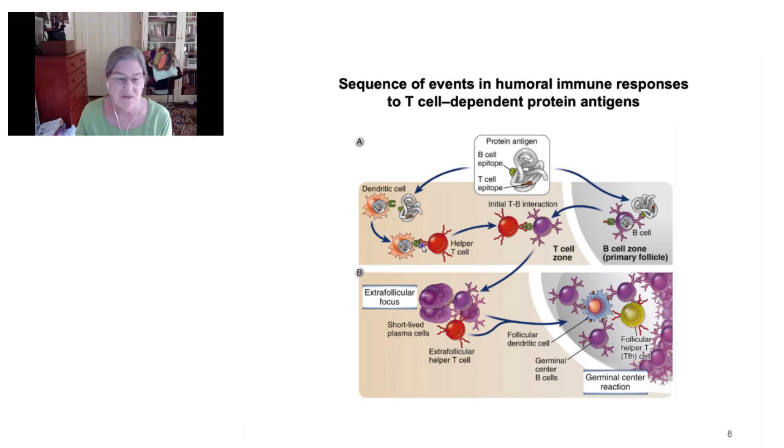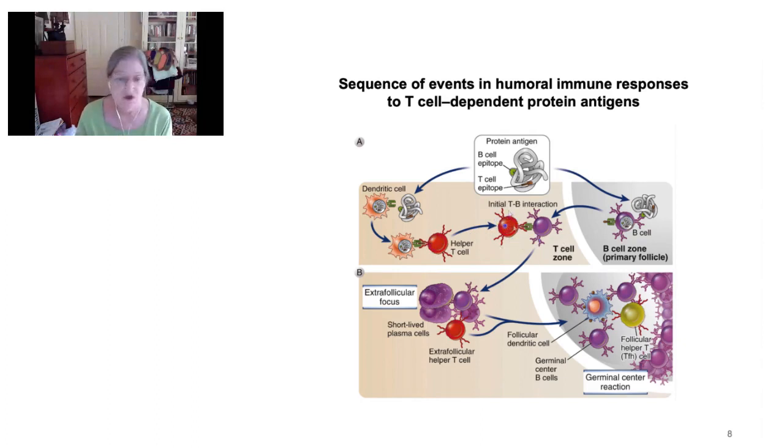And a naive CD4 cell will come in, recognize it, get activated by the dendritic cell, again, signal 1, signal 2, signal 3, and it will then realize that it's supposed to be a helper T cell, and it will move from the paracortex into this kind of interzone between the paracortex and the cortex